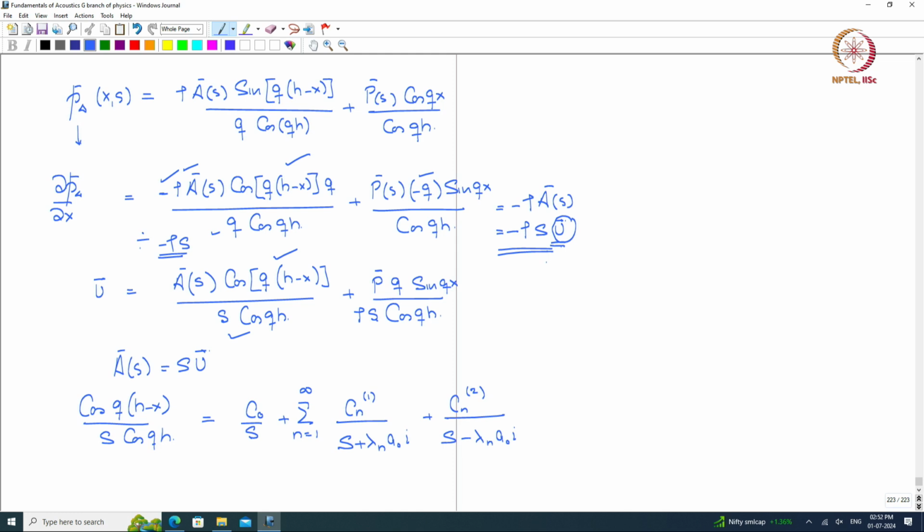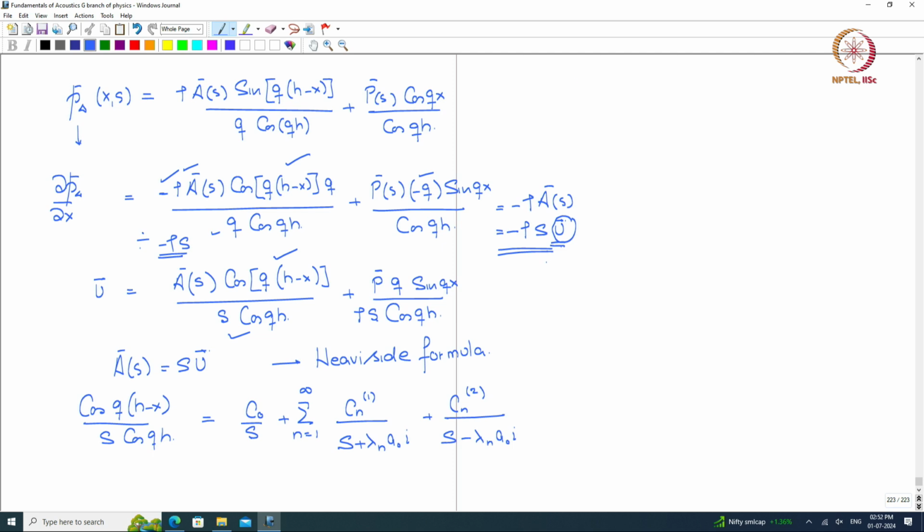Okay, this is an expansion that can be done using the Heaviside formula for expressing Laplace transforms in a series of poles,